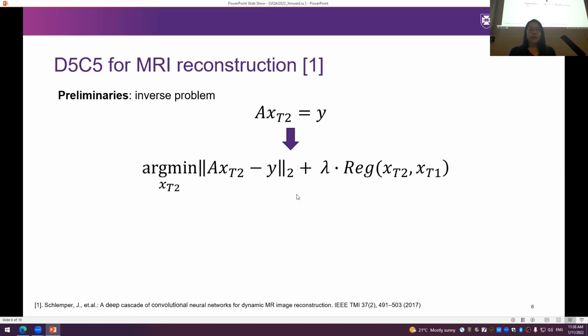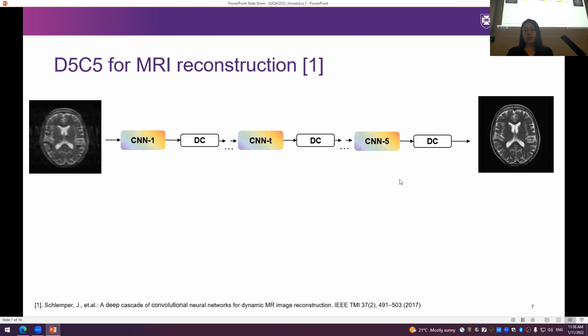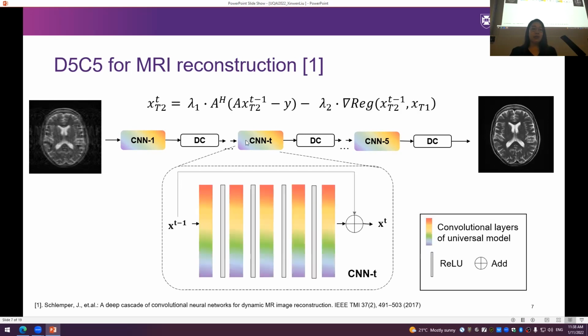And then normally by taking some optimization method like gradient descent, we can get the optimal solution by doing iterative optimization. So in our baseline work, they take a convolutional neural network, like a CNN, to do this kind of reconstruction, which means the input of the network can be a blurry image, and then it can go through some convolutional blocks. It can be really simple, like just going through 5 convolutional layers with some ReLU activation functions,